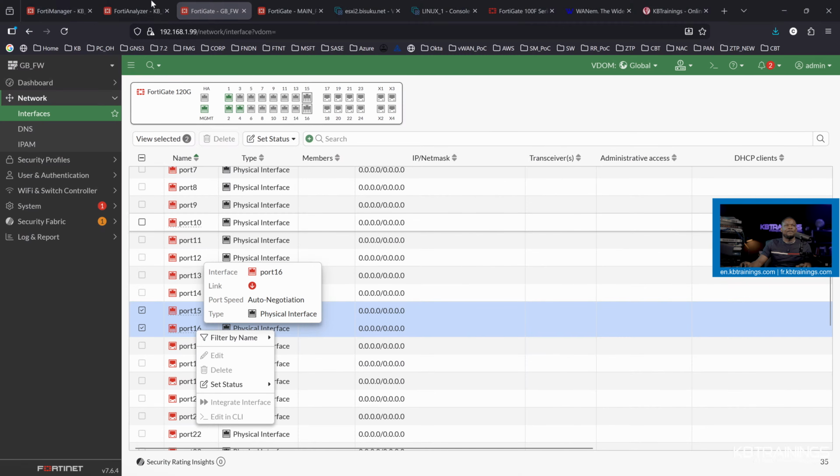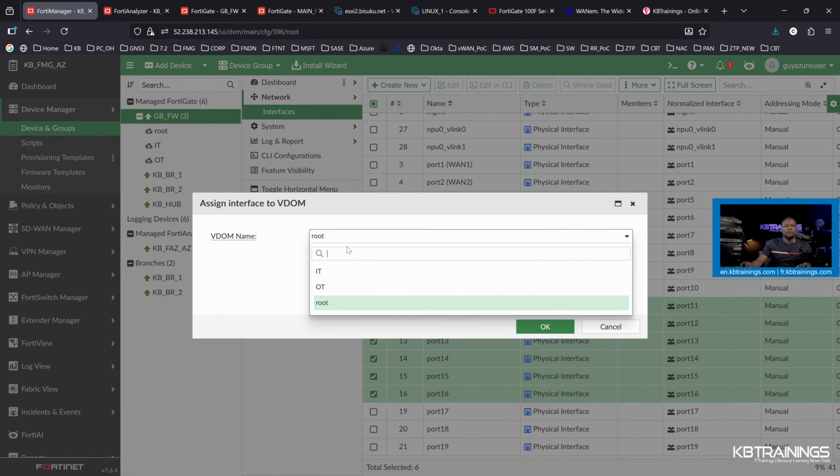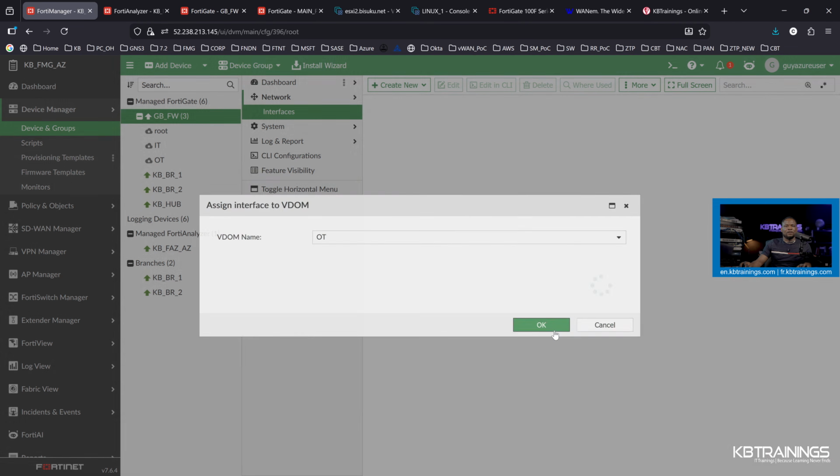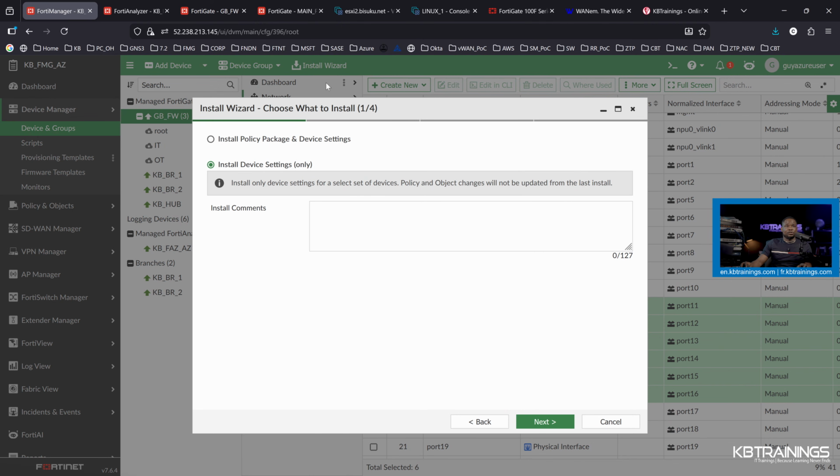Yeah, I have it in the FortiManager, so I was right. So I can come here and do assign VDOM and put them in the OT VDOM, and that's it. So it's ready to push. And notice this, I created the VDOM here, but the FortiManager was auto-updated directly from what I did there on the device. And then I can push,